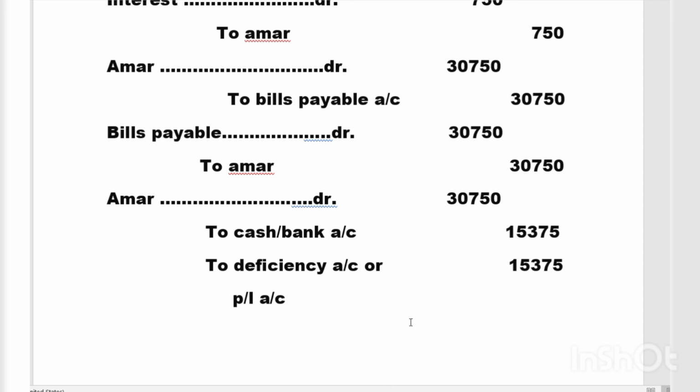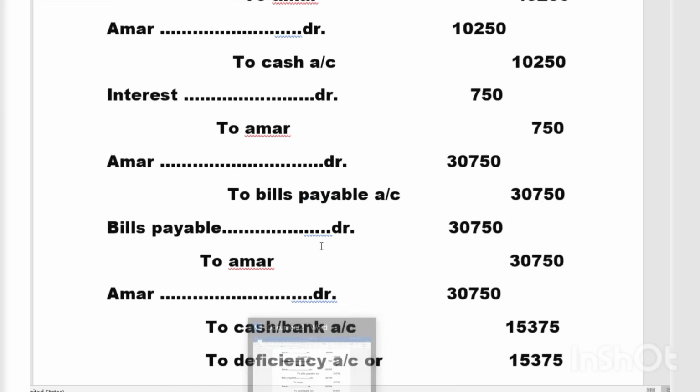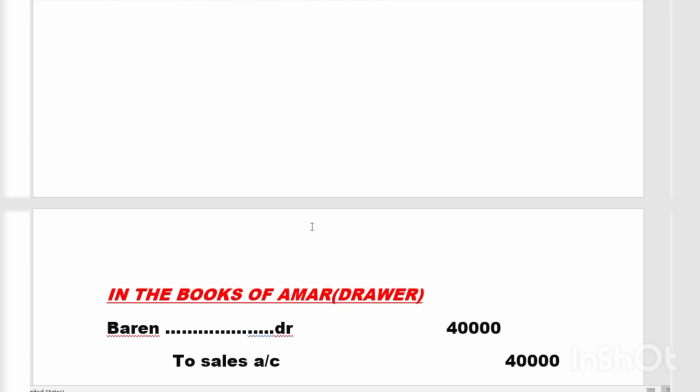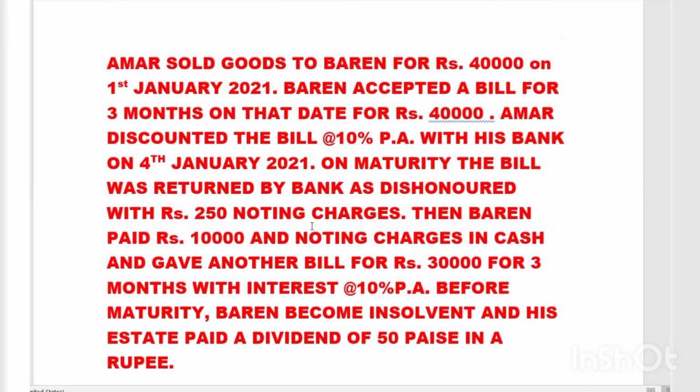Okay, so in this sum, what you have seen is a drawer selling the goods to the drawee. After that a bill has been accepted, then the drawer discounts the bill with the bank. After that again the bill gets dishonored, and when the bill gets dishonored, noting charges are paid. Again, the drawee is giving a part of the money plus interest and noting charges. A fresh bill of 30,000 was drawn plus interest, but that bill also got dishonored due to insolvency of the drawee, and at last we have passed the entry of